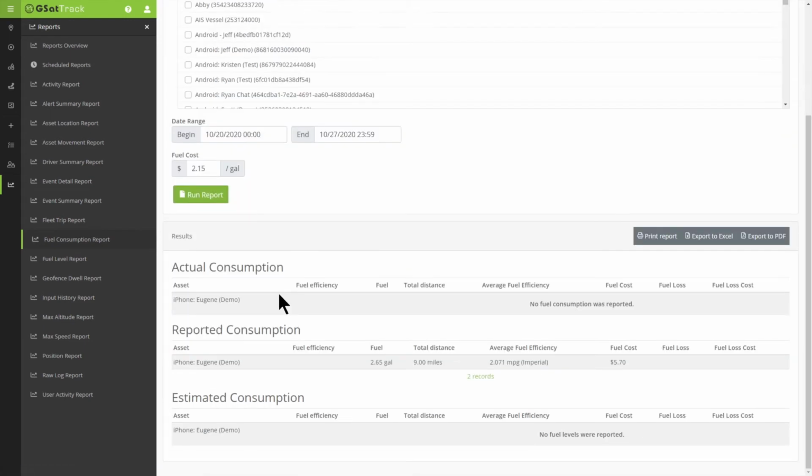Now the report, as you saw from the logs, tells us that Eugene has given us all these different locations, no fuel consumption, on these date ranges. And then it's also going to turn around and tell us the fuel, what he paid, average price per gallon, the total distance, the average fuel efficiency, and fuel cost for the individual times that he's had a fill up and the records thereof. So this kind of gives us a good idea of what people are doing, even if we don't have one of those more advanced machines that ties directly into a vehicle. Very powerful report that we can generate and still be semi-accurate on what our people are doing out in the